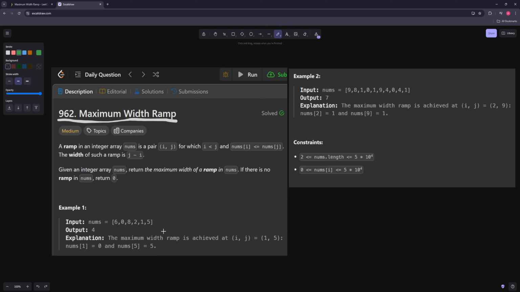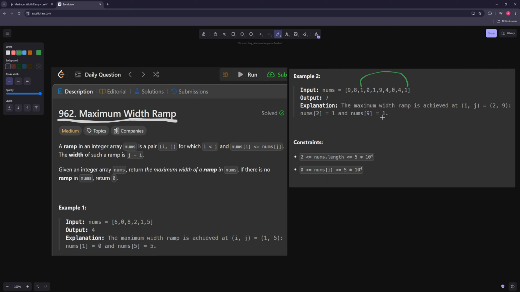So in this case, this is 0, this is 1, and then 2, 3, 4, 5. So it's these two locations right here. Actually, let me use this one. Yeah, here we go. So it's these two locations right here because this value is bigger and this index difference is 4. So that's what it would be. And then in this case, it's these two because the values can be the same, and this index difference is